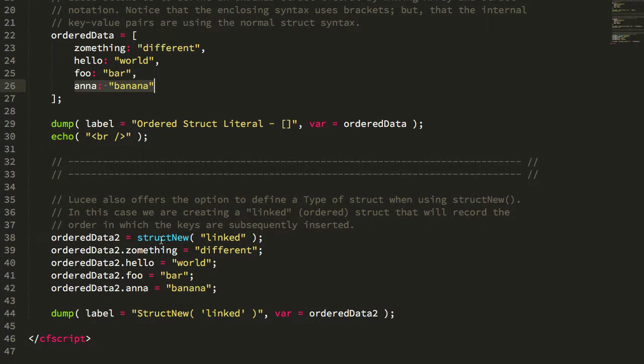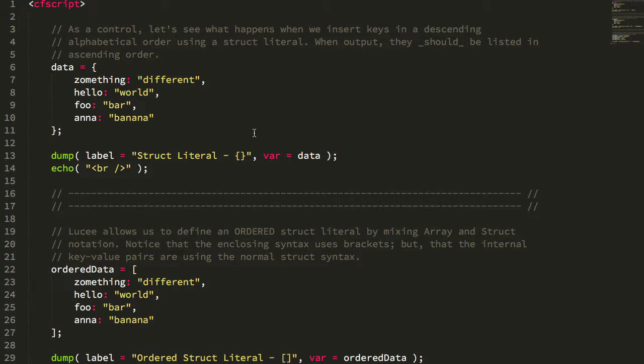Or there's the option to provide the type of struct when calling the struct new function. In this case, you see we're providing the type linked, which will create the same type of struct, in which the order of the keys during iteration is the same as the order in which they were inserted. So to test this, what we can do here is create these three different types of structs, and